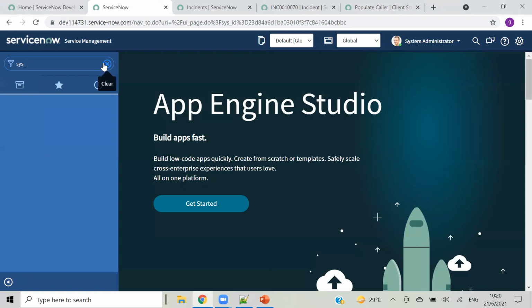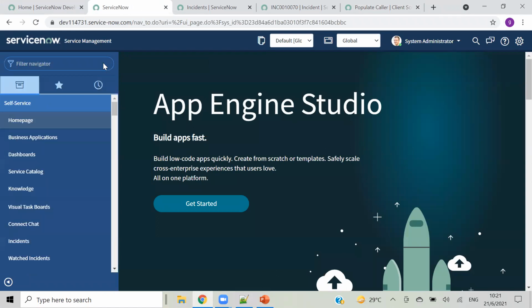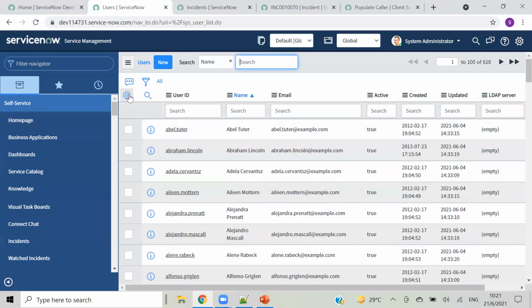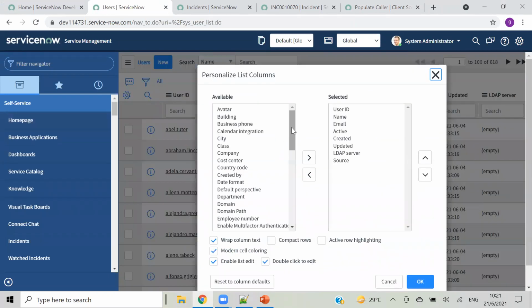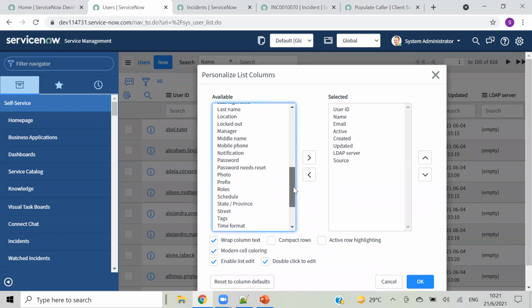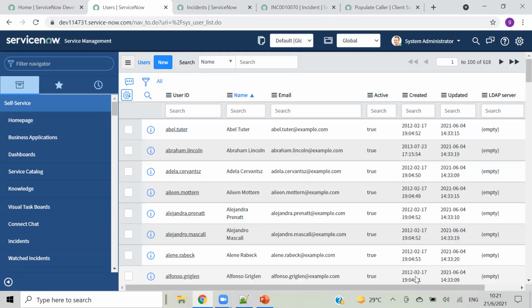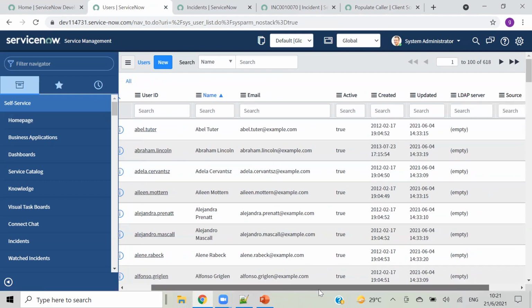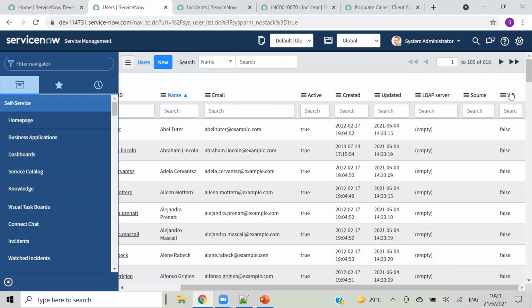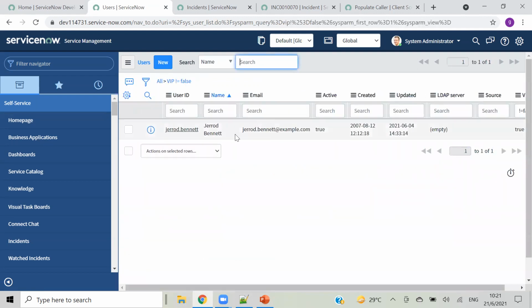So sys_user.list. And then we will have a field on our form called VIP. It should have, yes, VIP. Okay, so I'm pulling that here. If that user is VIP, it will have the value true, else it will have false. So you can see false, false, false, false. So I am filtering out all the false. There should be at least one VIP. You can see this Gerard Bennett, this person is VIP. Okay, so let's check if that caller is VIP, then we will check this value.